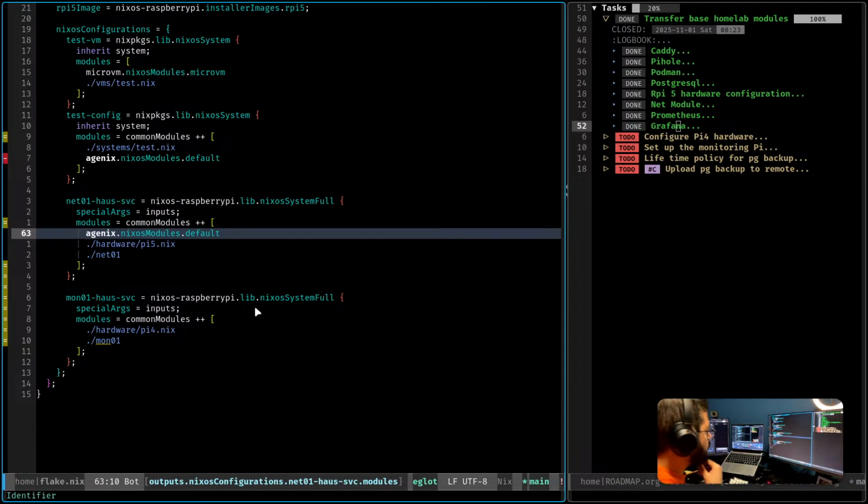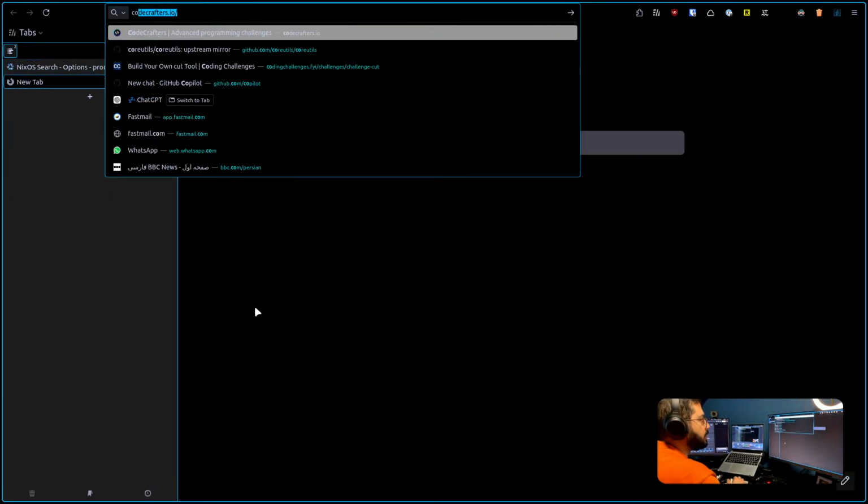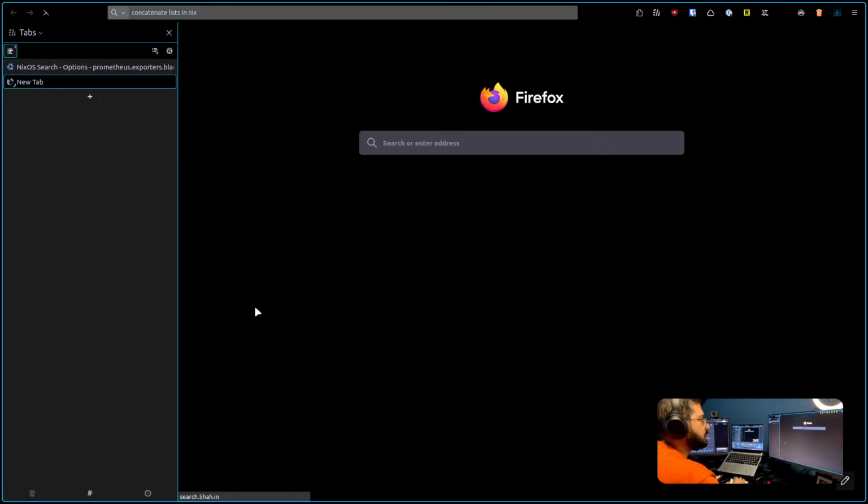See, this is something I could move there as well in the common modules, but concatenate lists in Nix.